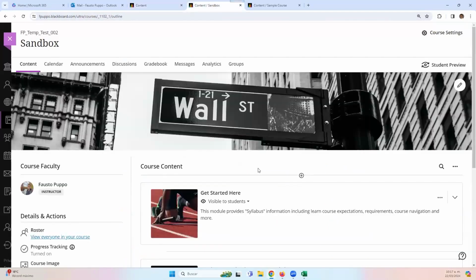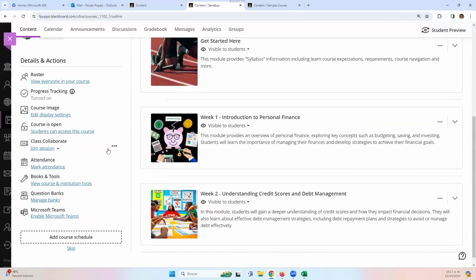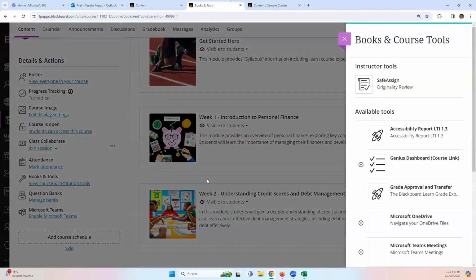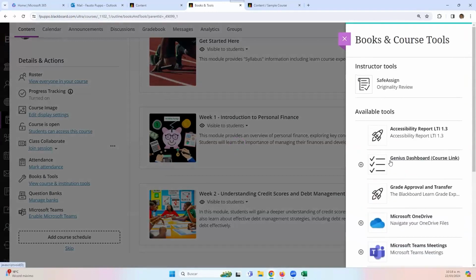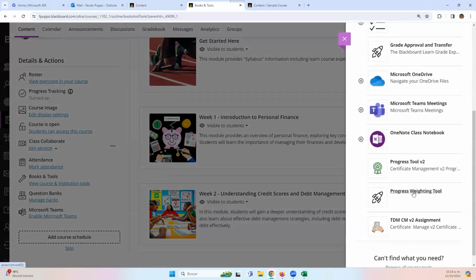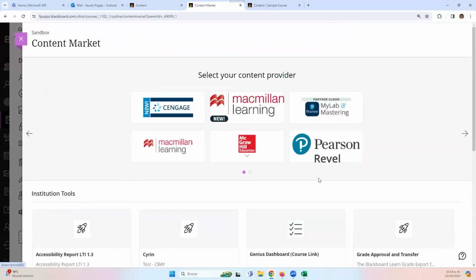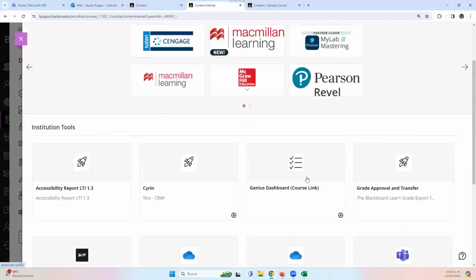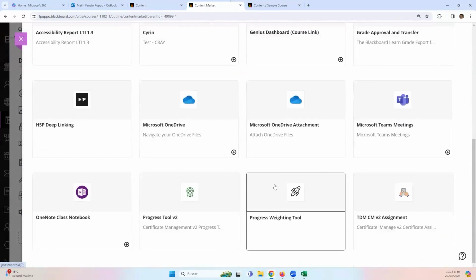In Ultra, also, there are two ways in which you can access this content. One of them is in the details and actions menu, where it says books and tools. If you click here, you will find the different tools that have been contracted, acquired, etc., and set up by your institution. And you can click here to see a complete list. All right, these are the ones that have been configured in this specific